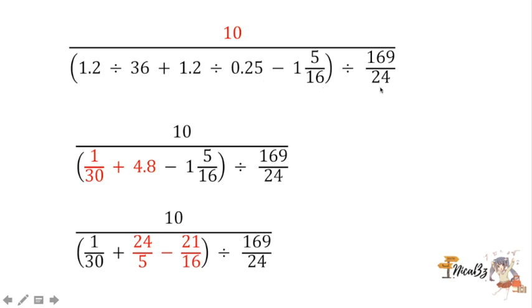Now we go to our denominator, which is really complex. First, again, we focus on what's inside the grouping symbol. So in this case, we will be doing division first because it is the very first operation on the left. 1.2 divided by 36 is equal to 1 over 30. And then next,